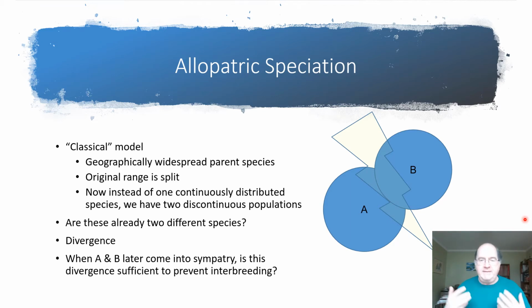This is kind of the classical story of how allopatric speciation could occur. And as I say, I don't think anyone doubts that this occurs, and it probably is a component of almost all cases of the origin of species. So if these two populations have diverged sufficiently in isolation from one another, then they come back together. They might not be able to interbreed. There may also be cases,